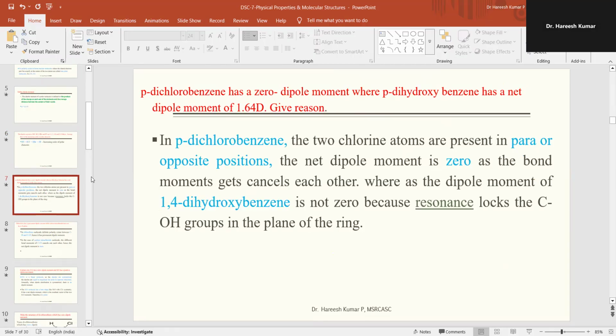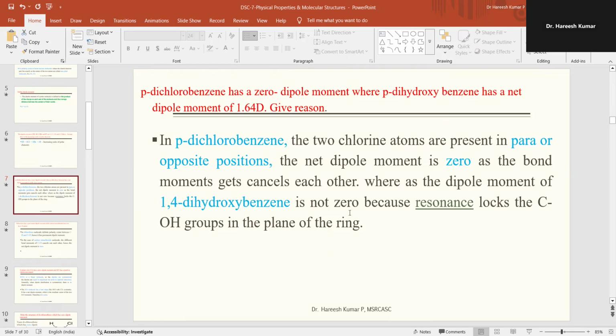Let's take one more question. Here we are comparing para-dichlorobenzene. That means para-dichlorobenzene has a zero dipole moment, whereas para-dihydroxybenzene has a net dipole moment of 1.64 D. Give reason. In para-dichlorobenzene, the two chlorine atoms are present in para or opposite positions. The net dipole moment is zero. Why? Because the dipole moments of the chlorines are in opposite directions and they get cancelled, as the bond moments cancel each other. Whereas the dipole moment of 1,4-dihydroxybenzene,